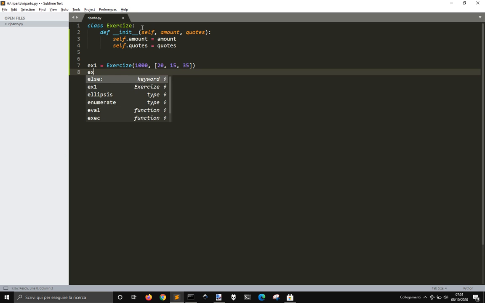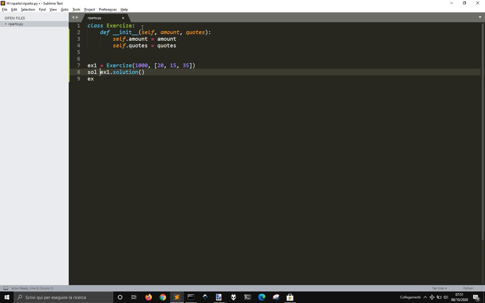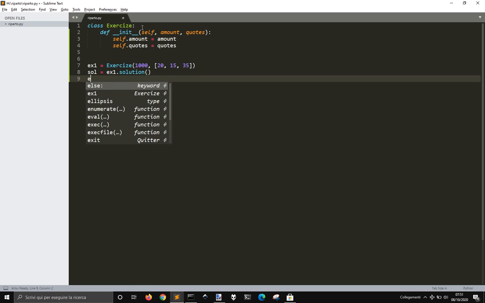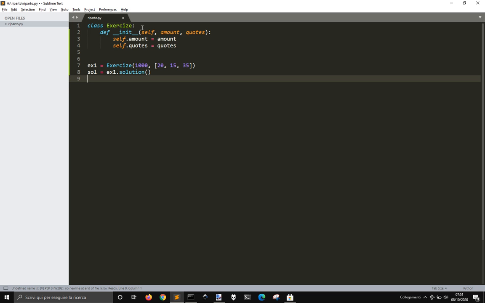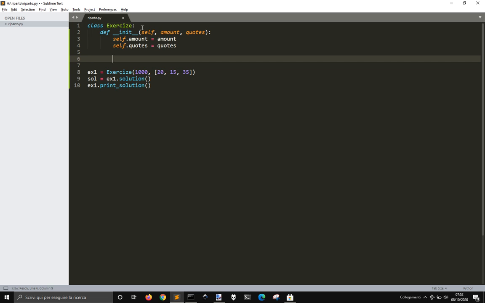So then we want to have x1.solution, and let's say so equals x1.solution, and then we want x1.print_solution. Okay, so we've got to create another class here, solution